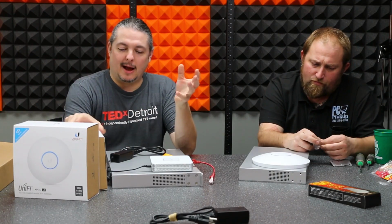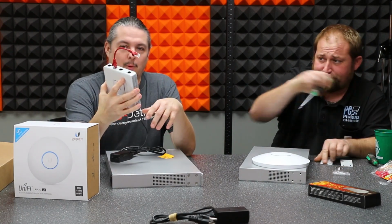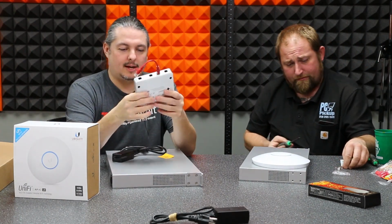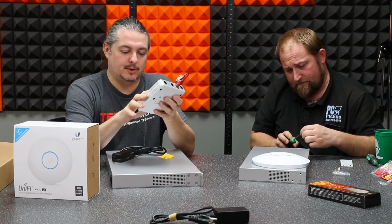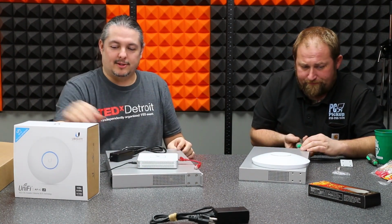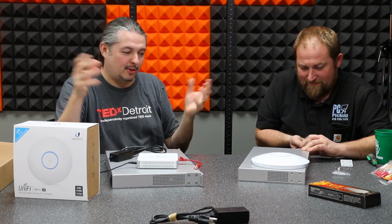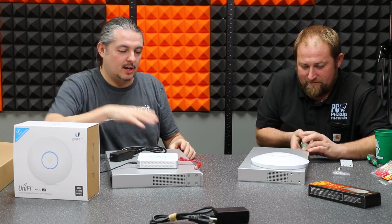So all this pile of networking gear here is actually going somewhere. While it's going somewhere, we decided to do a video before it all gets deployed. I'm going to do kind of an in-depth video on the UniFi, but I thought, why not take it another step further and build it all out and mount it. Plug all the things in. Yeah, plug all the things in, and we'll show you how it mounts, how it works, and kind of give